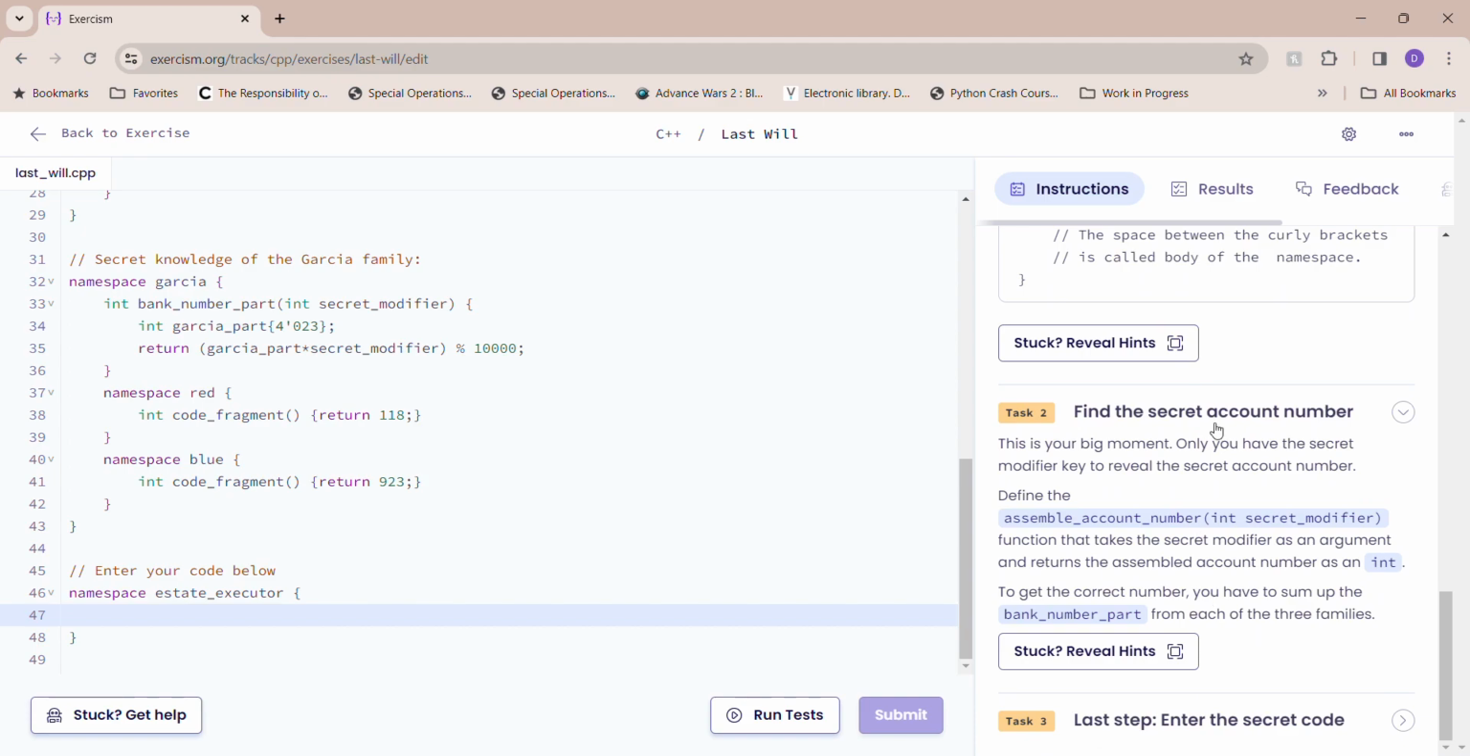Task 2, we have to find the secret account number. So we have to define an int function called assemble account number, and it has one parameter. So let's do that. It has an int parameter called secret modifier. Now for this function,